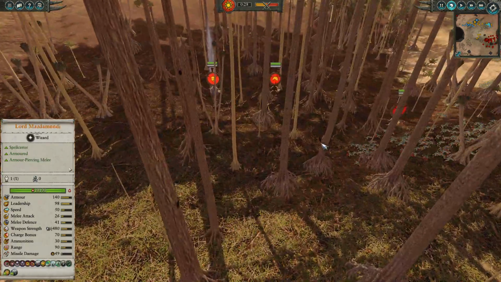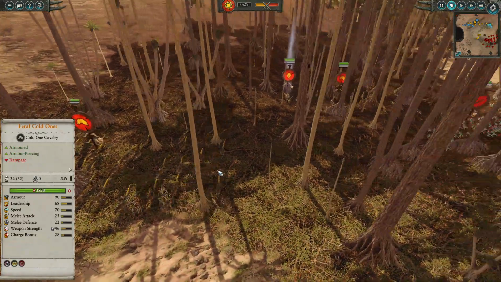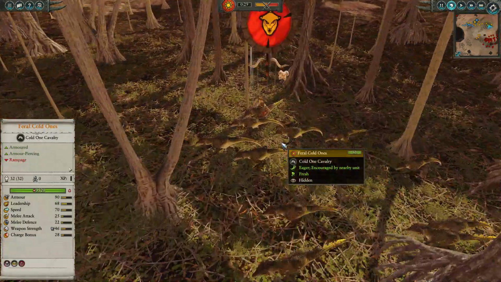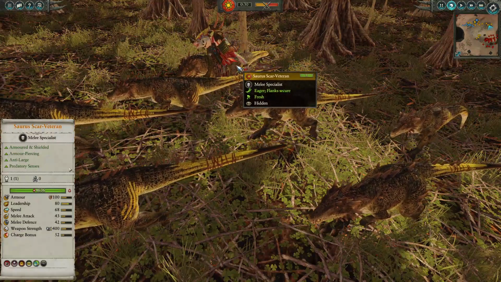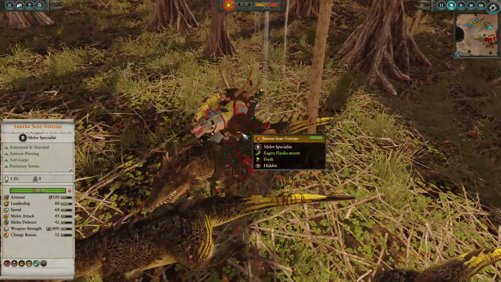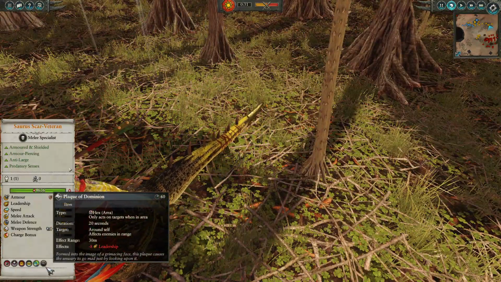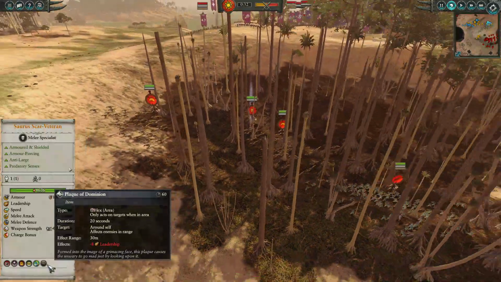Out in this group of trees here, I have some Feral Cold Ones. I think I only have one unit of Feral... No, I have two units of Feral Cold Ones, but they're being shepherded by this Saurus Scar Vet on a Cold One as well. And he's here basically for his armor piercing and his leadership boost. I took the Plaque of Dominion. It's not something I take very often on him, but it's going to come into pretty good effect here